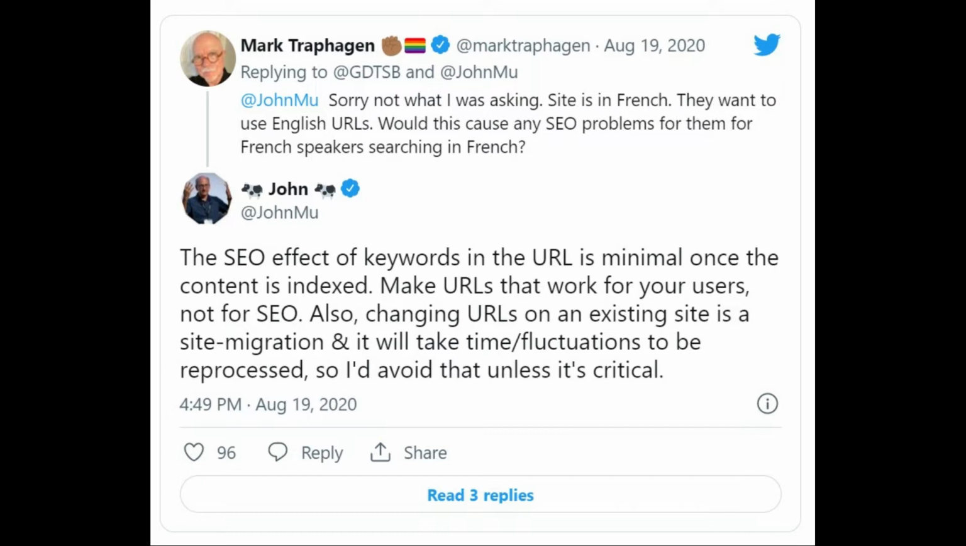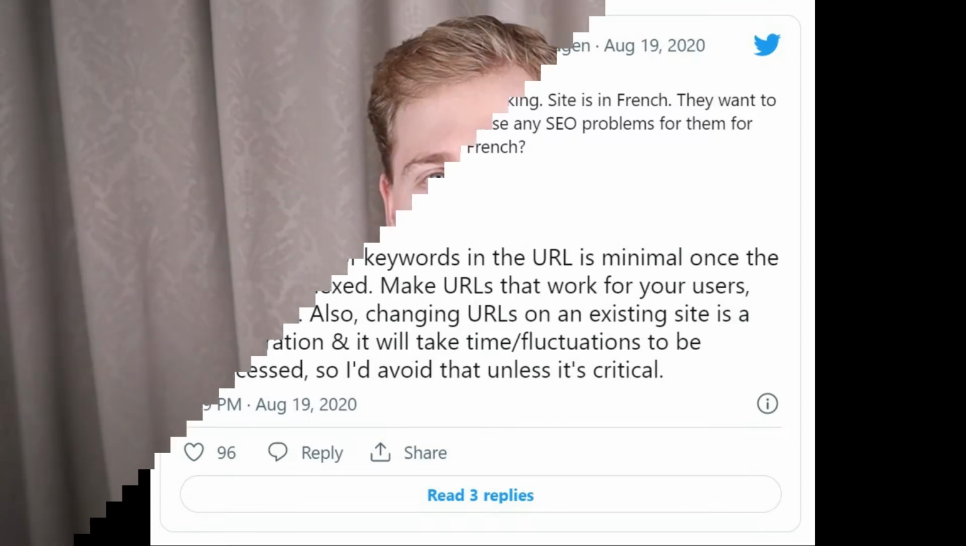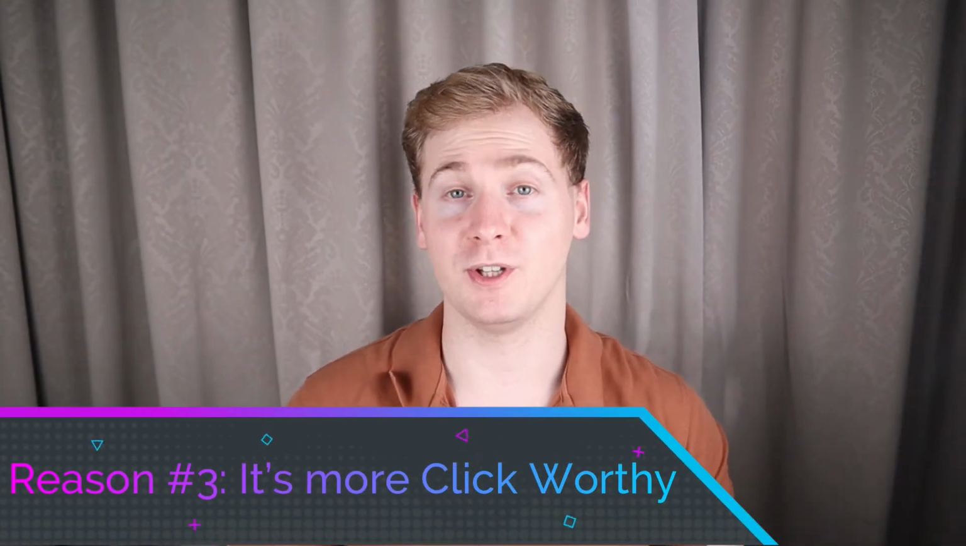Every time you change a URL, it's basically considered a new page by crawlers, and it can take time for the page to regain its ranking. Thus, you should always make your URLs as evergreen as possible. More on this later. And the last reason why URLs are important for SEO is that nicely written URLs not